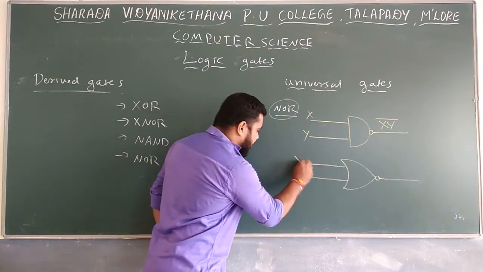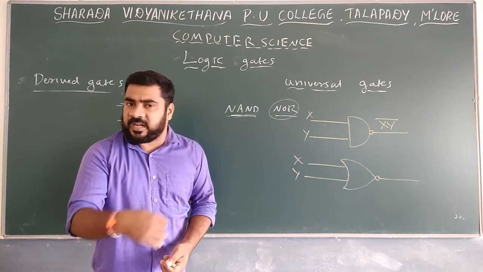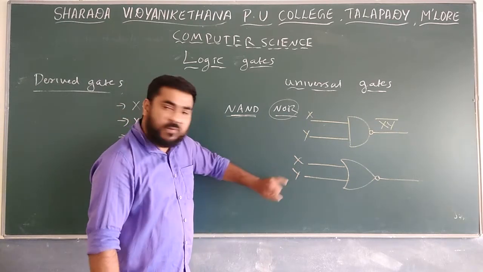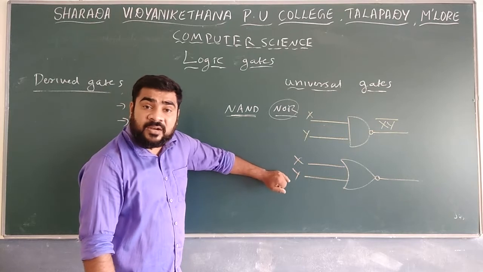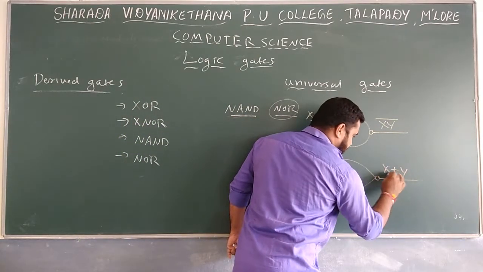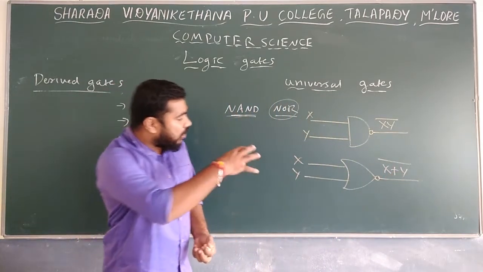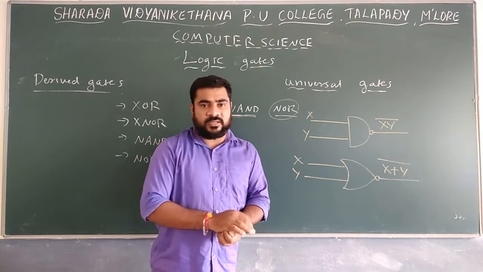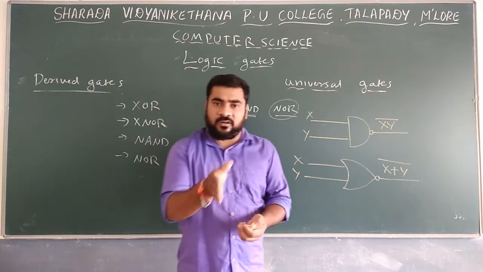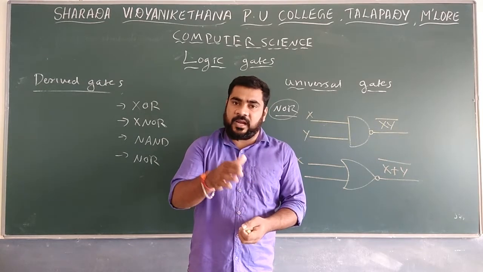It is possible to give different types of inputs, but I will take here the example of X and Y as the input. If you give X and Y as the input, then the output will be (X+Y) whole dash. All these things we discussed in the previous session or before. If you have any doubt, the previous parts of logic gates are there. You can go for part 3 and part 4.